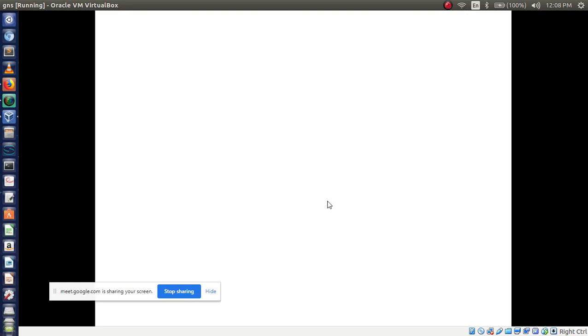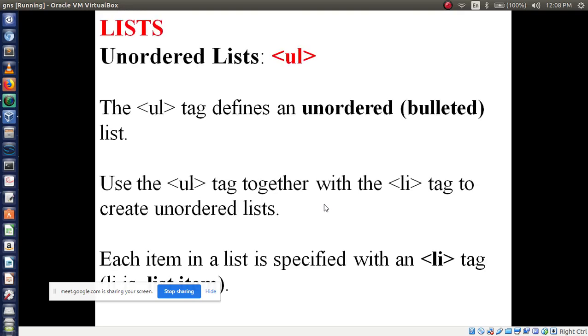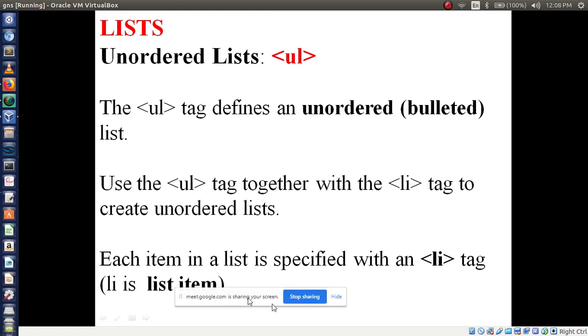Now the important concept we are discussing today, that tag name is list. What do you mean by list? You know the meaning of list. If you want to buy some grocery items, obviously we are going to make a list before going to the shop, right? It may be in numbering or it may be in bullet form, so that we can call a list.